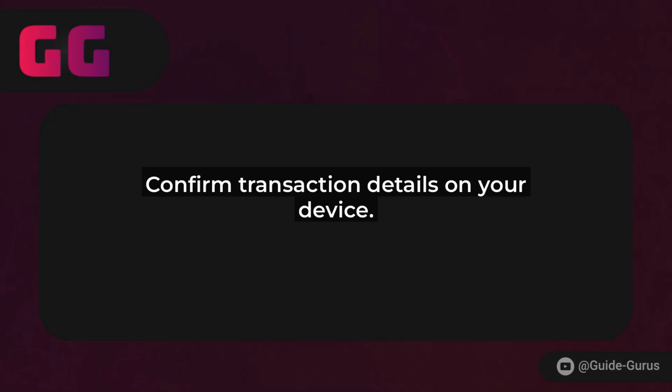Once confirmed, sit back and wait for the blockchain to process it. This usually takes a few minutes, but it can vary based on network congestion. Keep an eye on your Kraken account to confirm the deposit. And there you have it. That's how you withdraw USDT from your Ledger Nano X to Kraken.